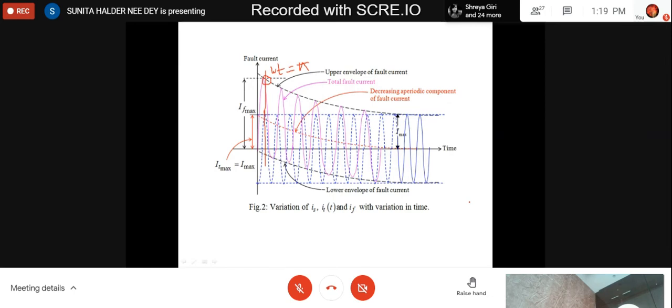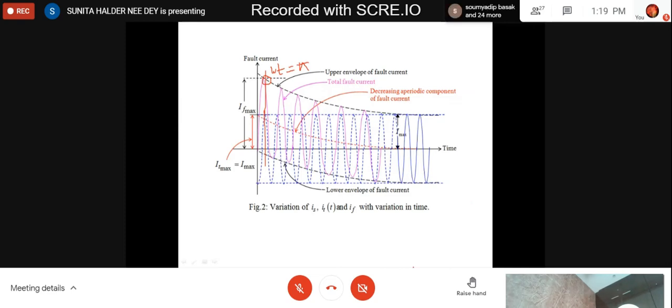Then why do we not always use twice Imax? Because when you design the protection system for higher current, you need higher insulation, then you need more cost. So to make it economic, in most cases we take 1.8 Imax as the maximum fault current, and that holds good for most power systems, most cases. Only in some tricky systems, when the system is very vulnerable, we take the maximum value of fault current as twice Imax.